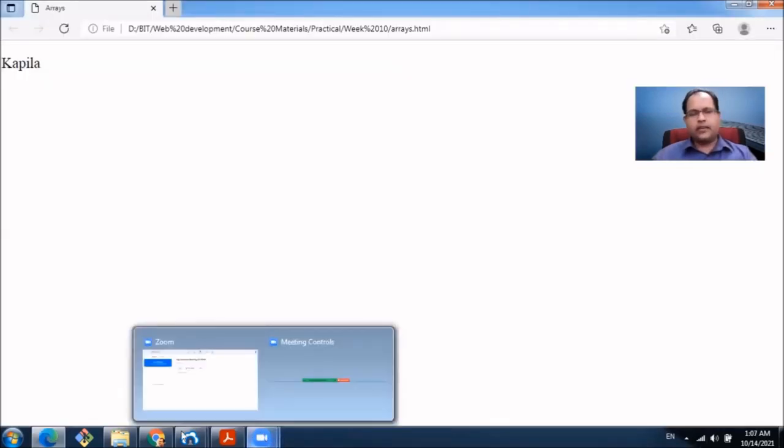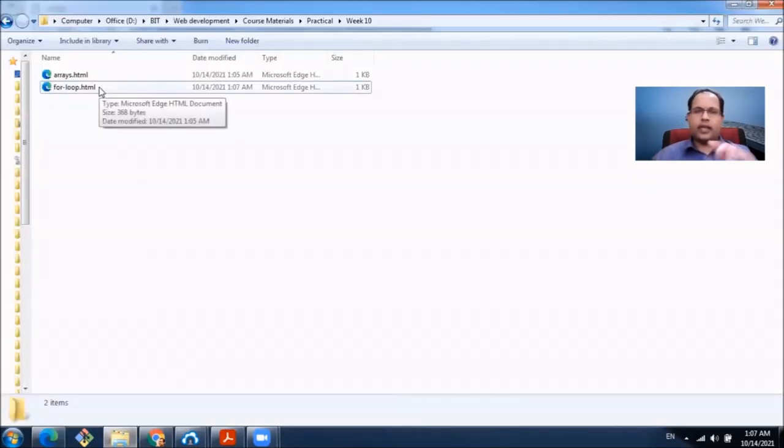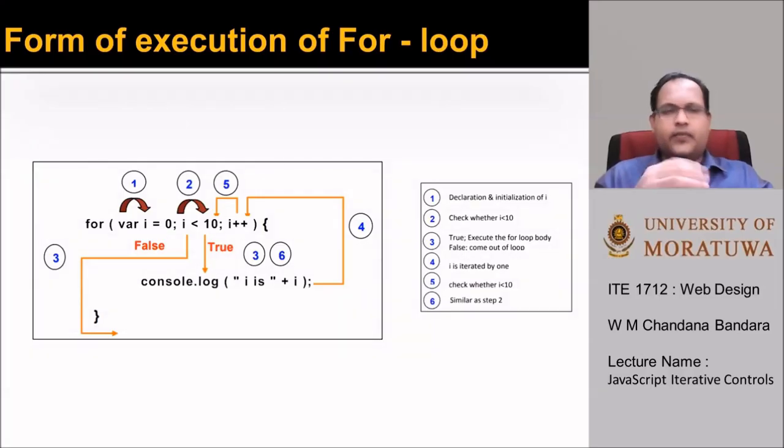Okay, now we have this array. So what if we want to access each of these elements in the array programmatically? So what is a for loop? Now this is the structure of a for loop.